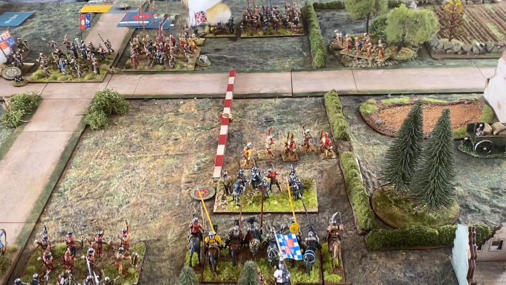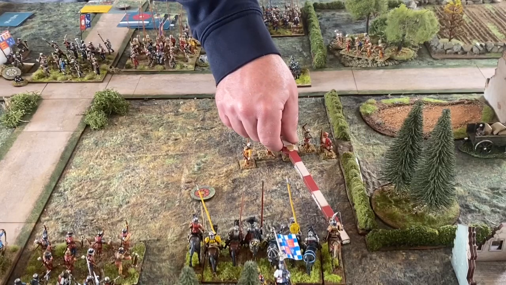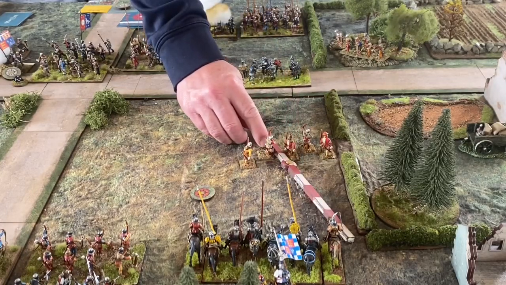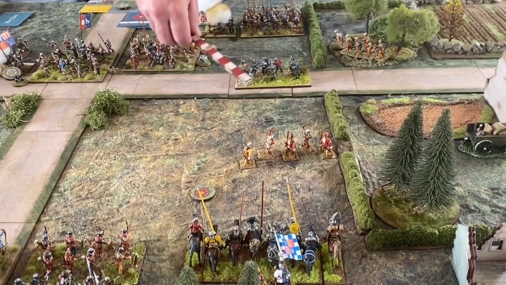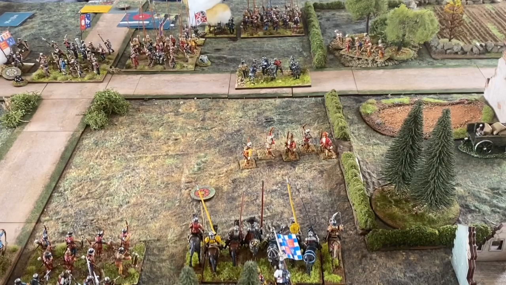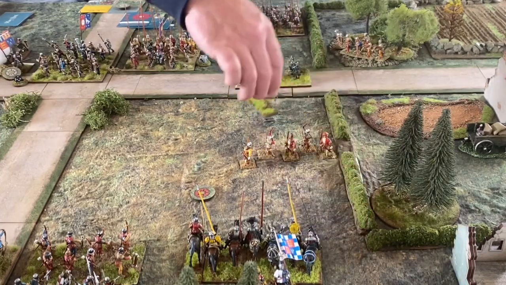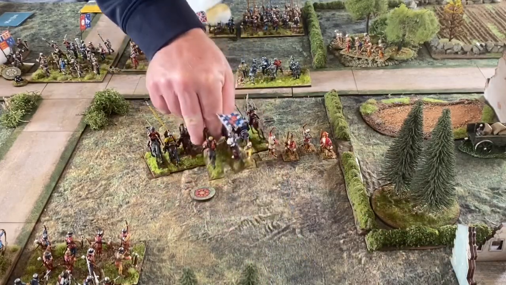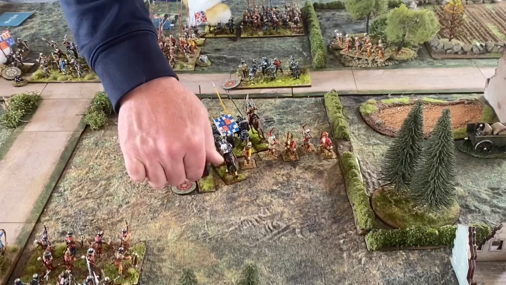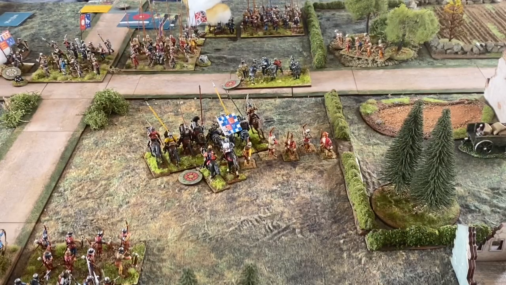So these guys are going to move forward twice, so that's 12. And the knights are going to go here 8, and then they could charge. So they could go to there and then charge these fellas, and I think they will. So the first part of the charge gets them basically through these skirmishers. And then they get a bonus 4 inches, which will get them to charge onto these guys, and these guys will,